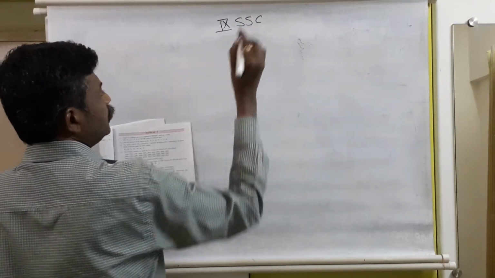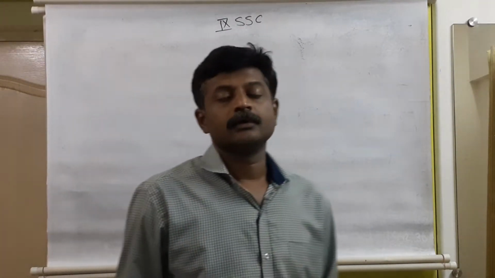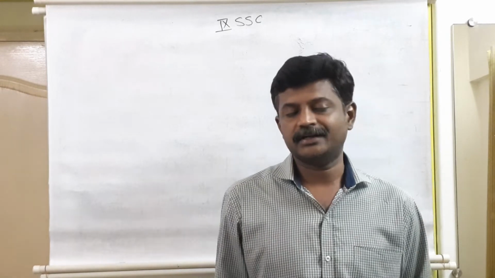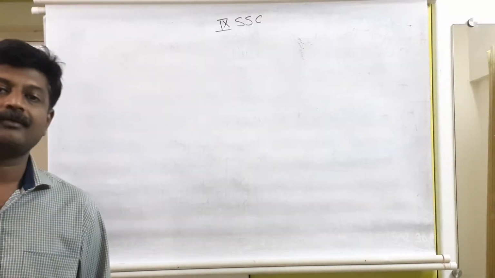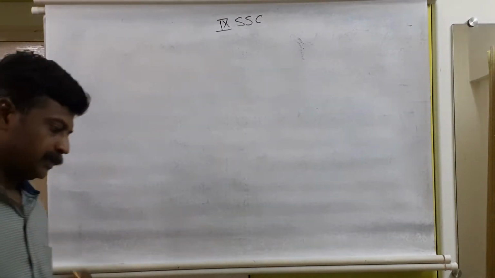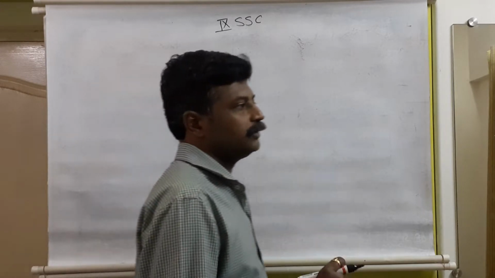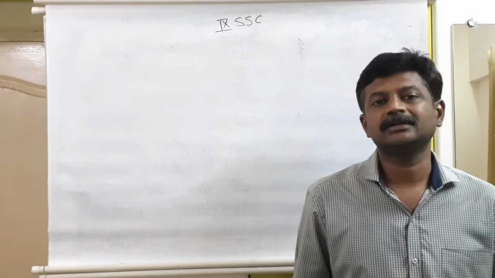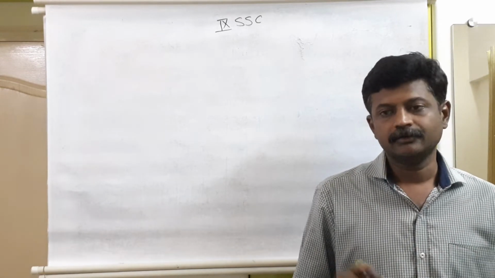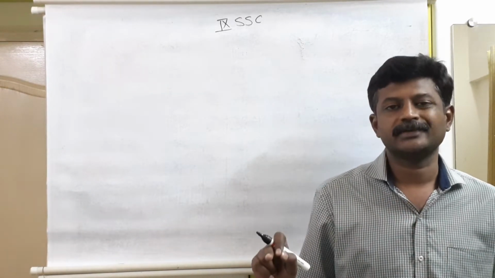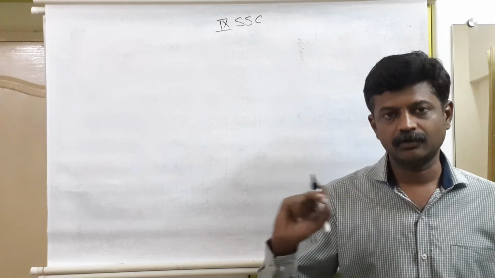In the previous video, we have seen the sums based on central tendencies: mean, median, and mode. Mean is nothing but the sum of all observations divided by the number of observations. Median depends on how many observations are given in the data. If the number of observations is even, first we have to arrange the given data in ascending order.